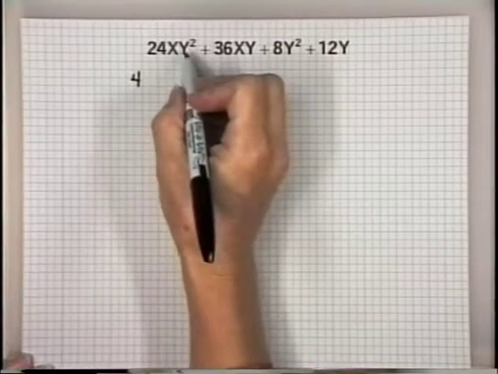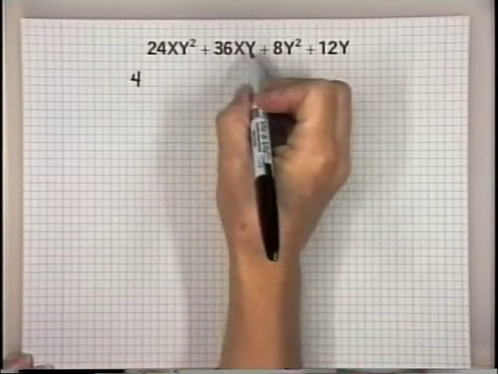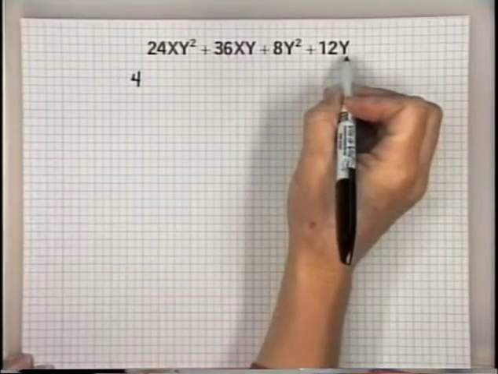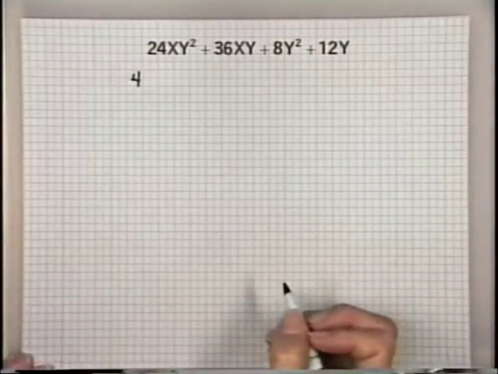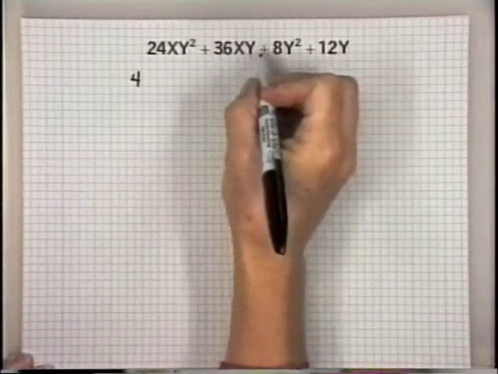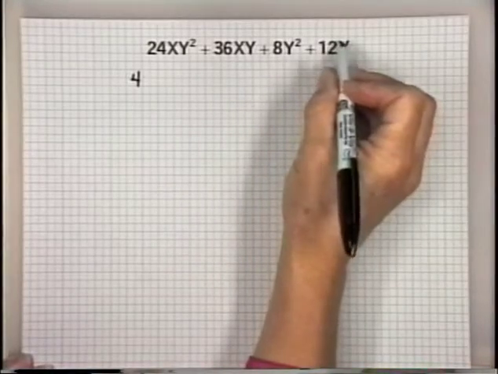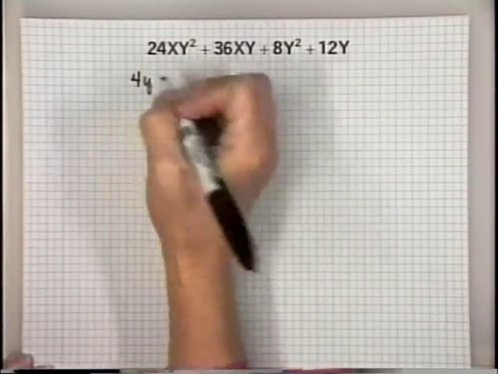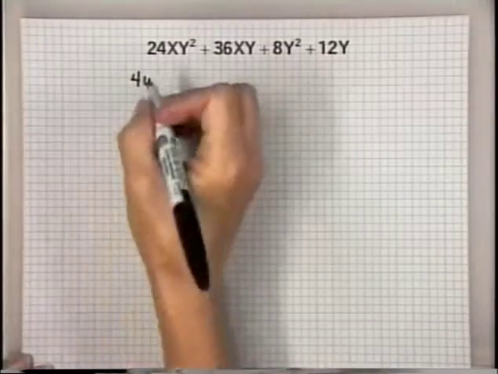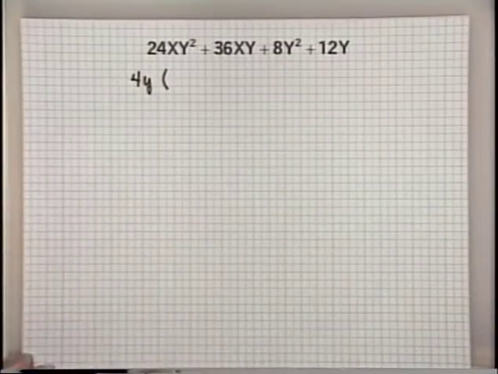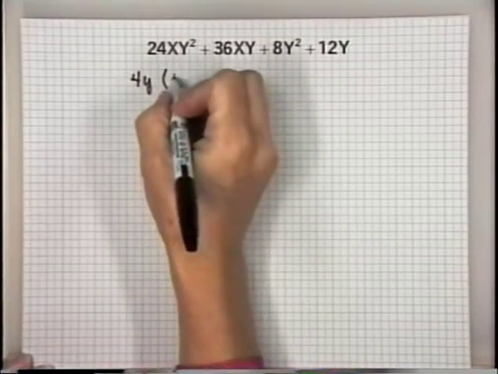Looking at the variables, I notice that I do have the variable y in every one of these terms. And so the smallest exponent that y appears with is the first power. So I can also factor out y. Let's factor out 4y. That will leave me 6xy